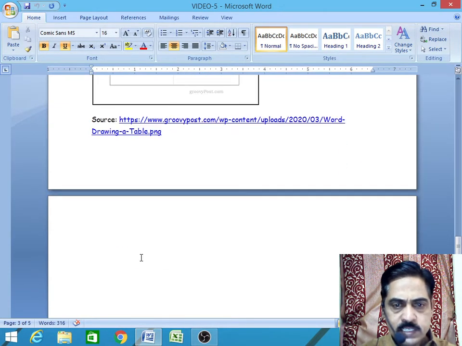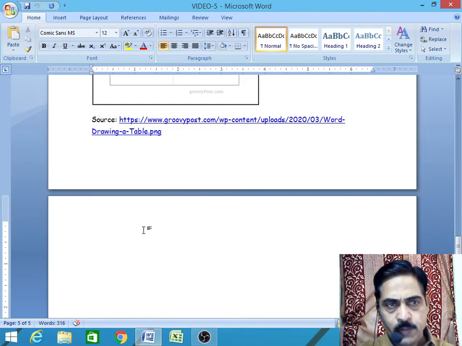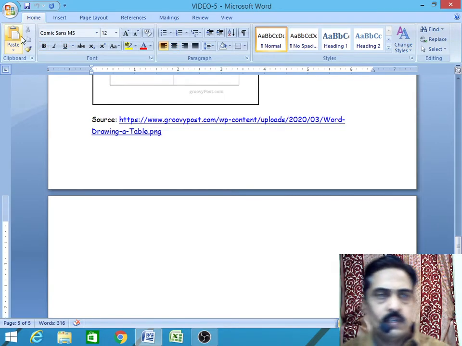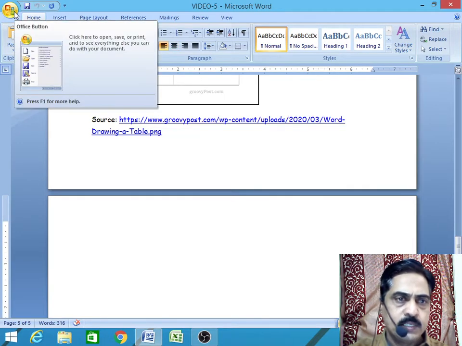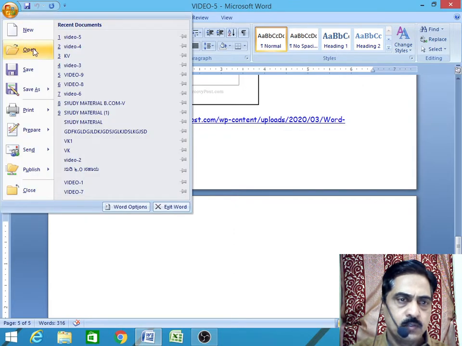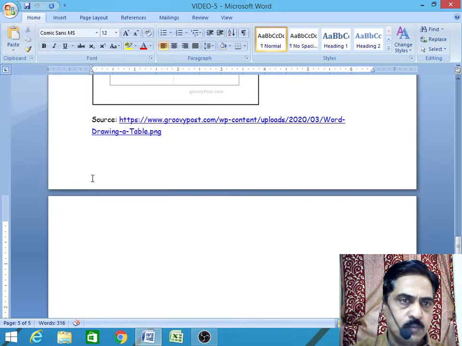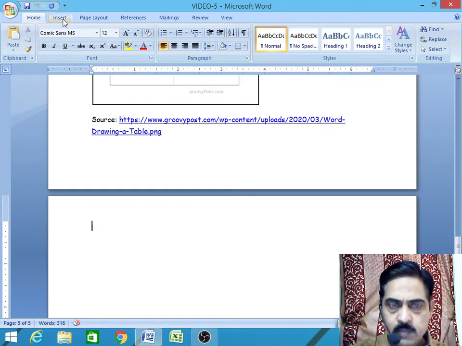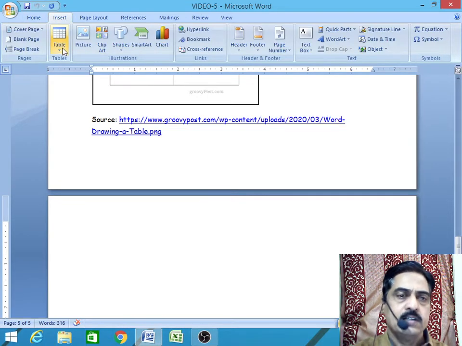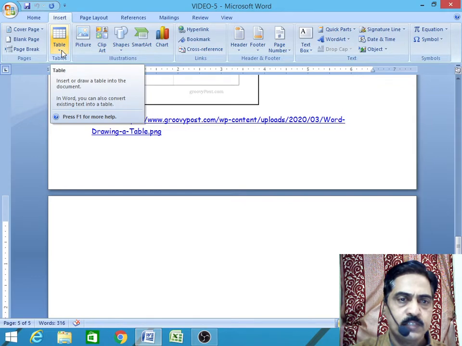Let us see this, or let us do this practically. See here, beside Home, I am having an Insert tab on the ribbon. I am clicking here. See, the table option will be there.